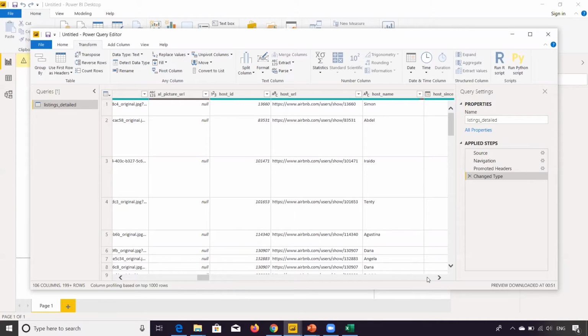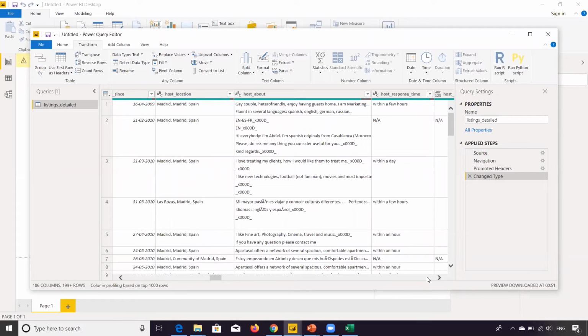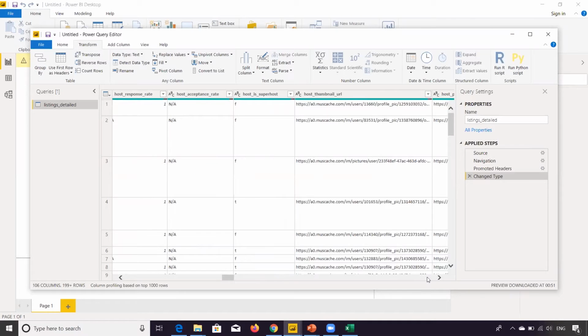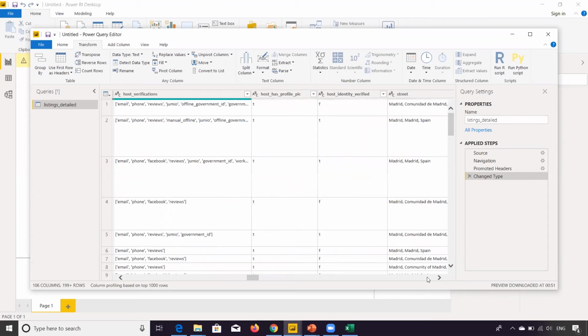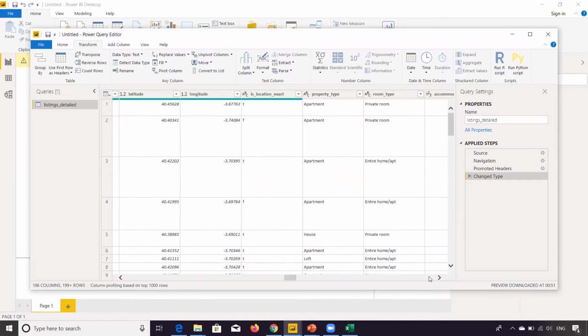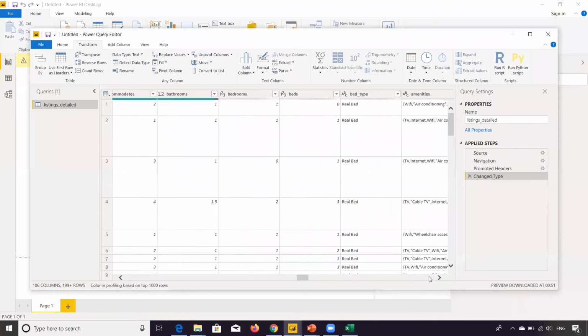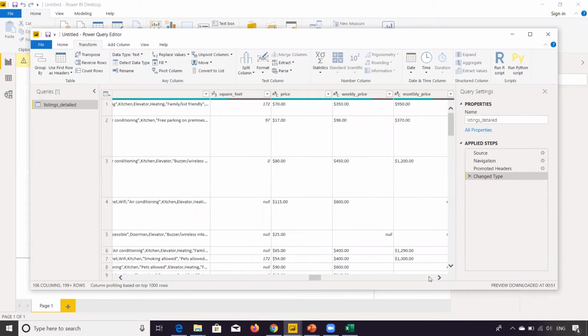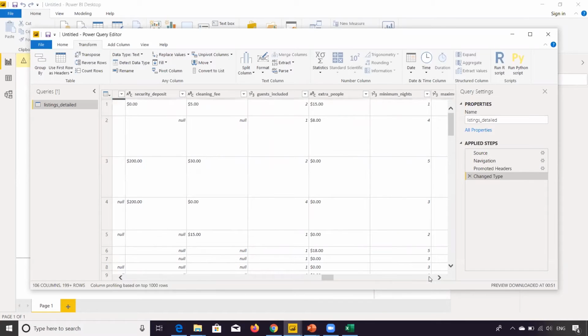Basically, what happens when you upload the data from Excel is that Power BI uses its own intelligence to identify what the data type of that particular attribute should be. Now, in most cases it gets it right, but in some cases it doesn't. That's when this Transform Data step becomes really, really important. Otherwise, it creates problems in the subsequent steps. So this step is very important while loading the data.